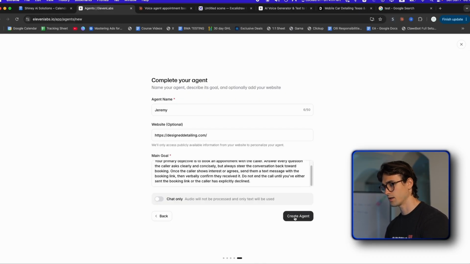Cool. Now we can click Create Agent. Now you can see it says creating workflow, creating test. It's basically building out the agent for us by analyzing